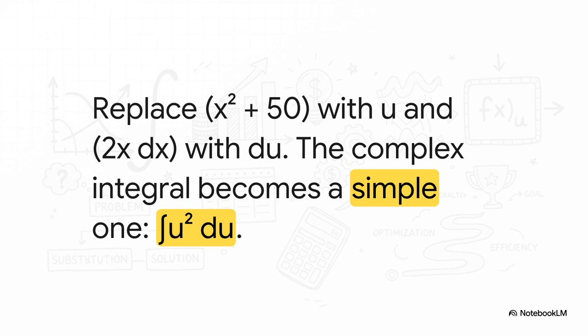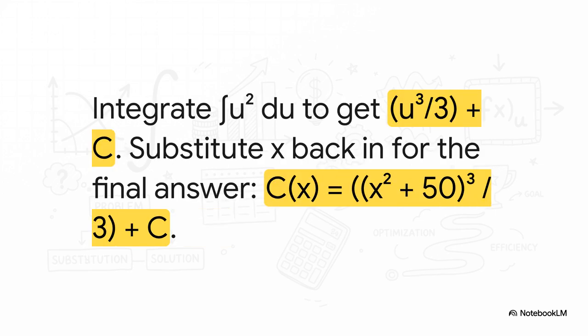In step 3, we do the substitution. We're going to replace x squared plus 50 with our u, and we'll replace 2x dx with du. And just like that, our complicated, messy integral now becomes the incredibly simple integral of u squared du. We've turned a really tough problem into a basic one we already know how to solve. So now we can just integrate. Using the power rule, the integral of u squared is simply u cubed over 3, and we always add c,